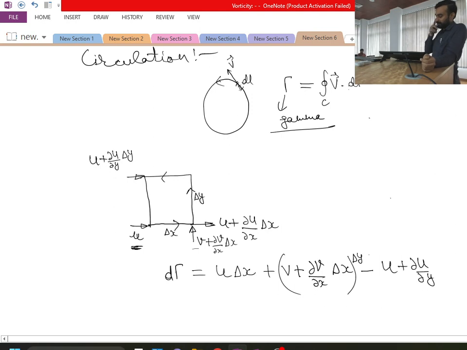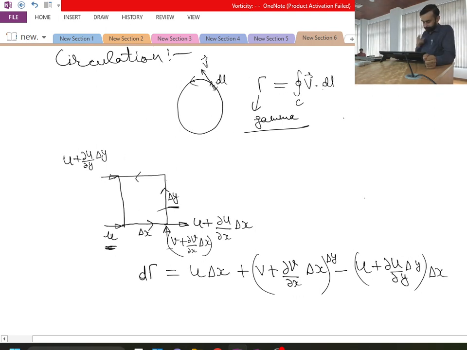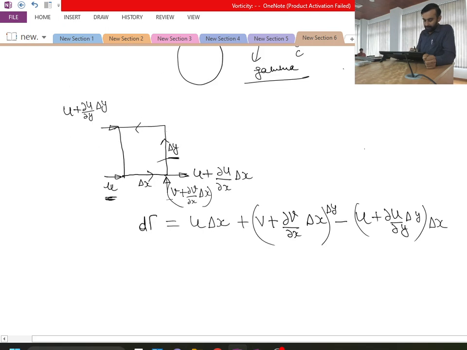Why is this delta y coming? Can anyone tell me? This is nothing but a velocity. Velocity we have to multiply with the length, so length is delta y over here. Okay. So u plus del u by del y into delta y is our velocity, and how much is length? In this direction length is delta x. Point is clear? And then from here I have v velocity and length is in the opposite direction, so I will be writing minus v times